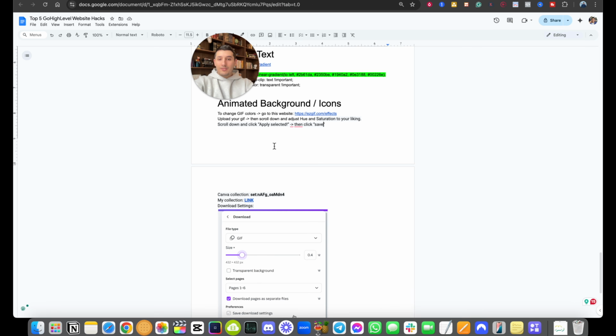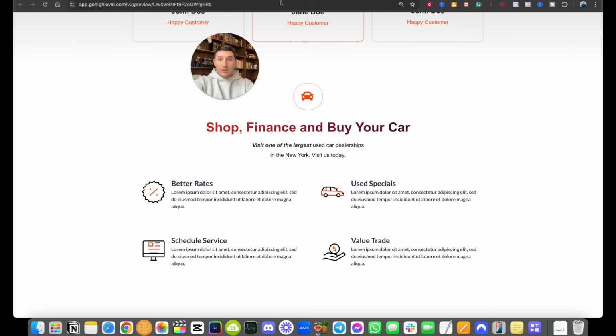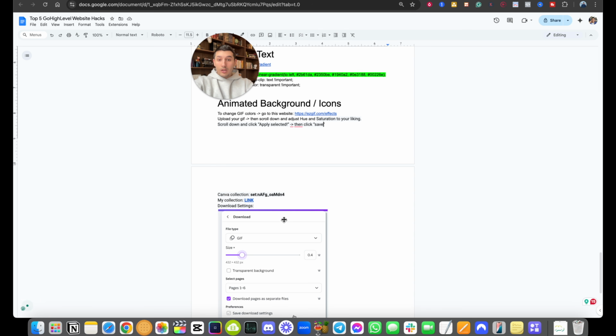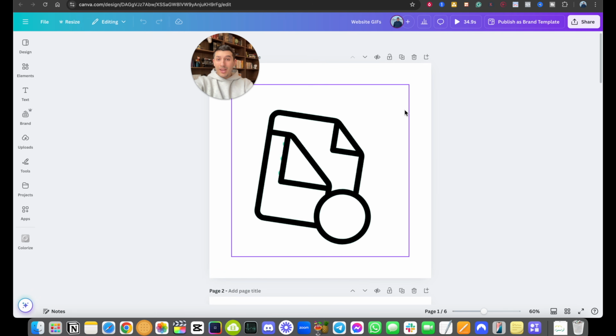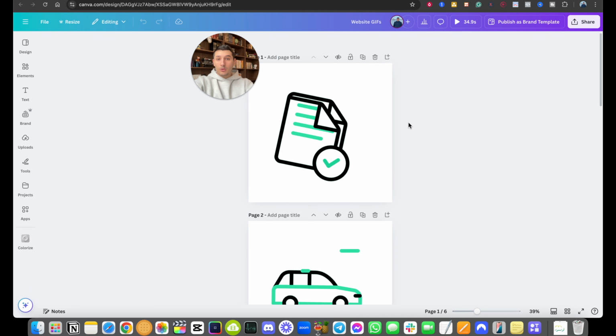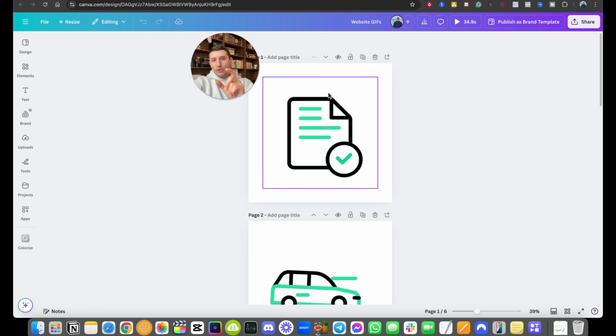If you like the GIFs that I use in here, then in the Word document, there's going to be a link to that collection. So you press here, it's going to bring you to a Canva page with those GIFs. You download them. And then if you do not like the color because it doesn't match your brand's color,